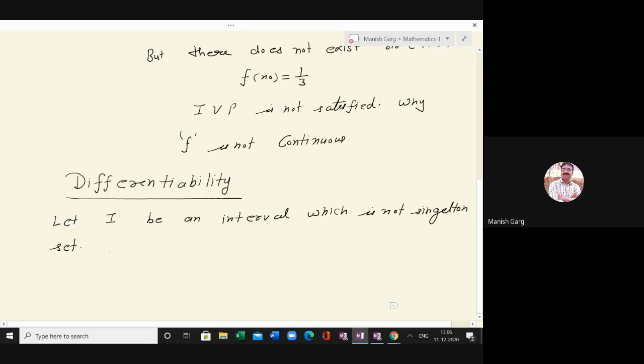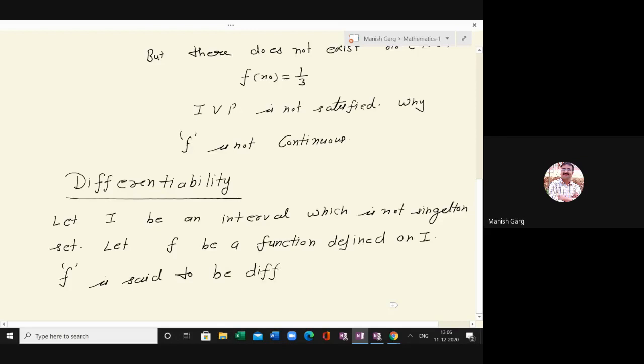Let f be a function defined on I. Now I say f is said to be differentiable at a point c